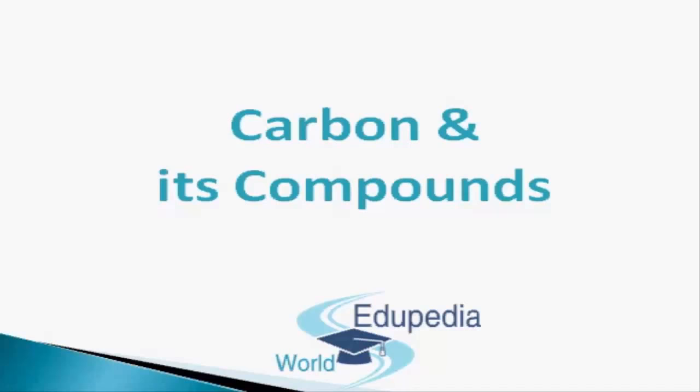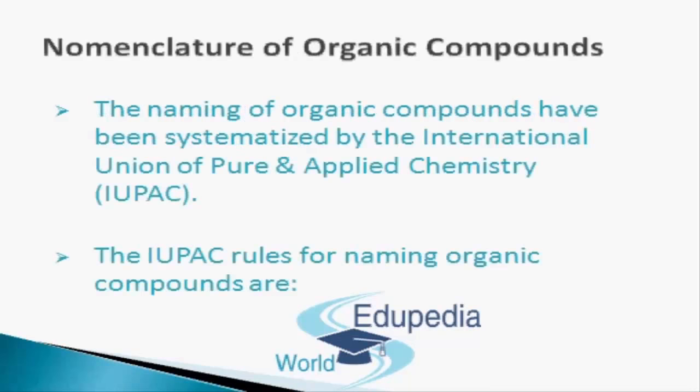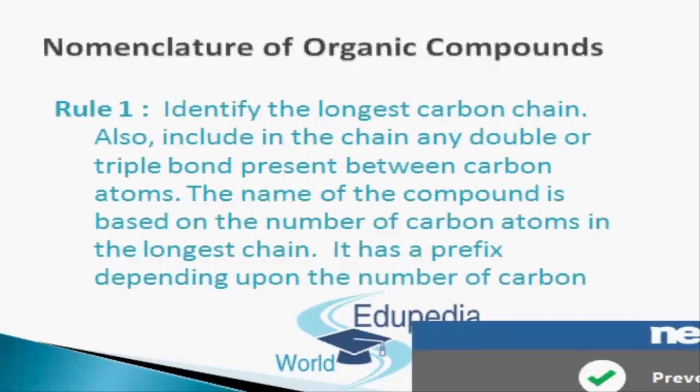In today's lecture, we will discuss nomenclature of organic compounds and functional groups. Nomenclature of organic compounds. The naming of organic compounds has been systematized by the International Union of Pure and Applied Chemistry. It is pronounced as IUPAC. The IUPAC rules for naming organic compounds are: